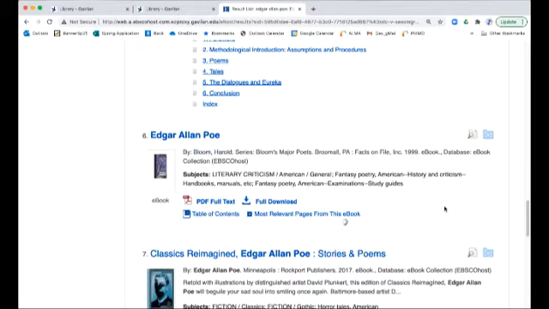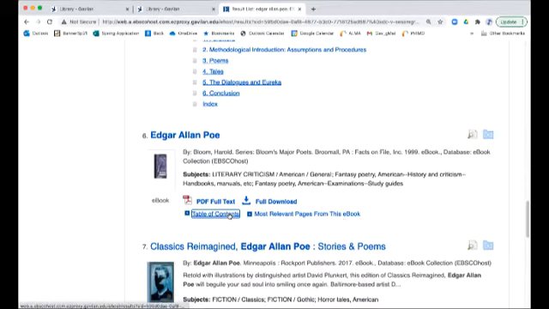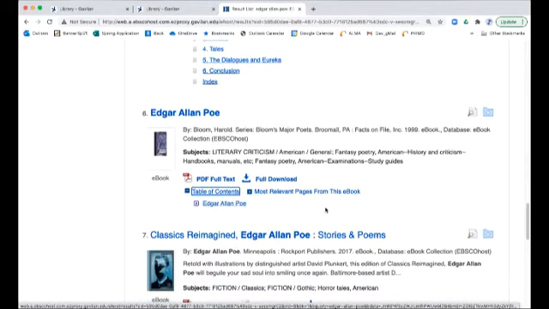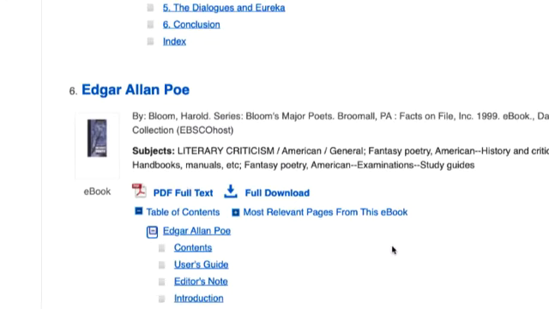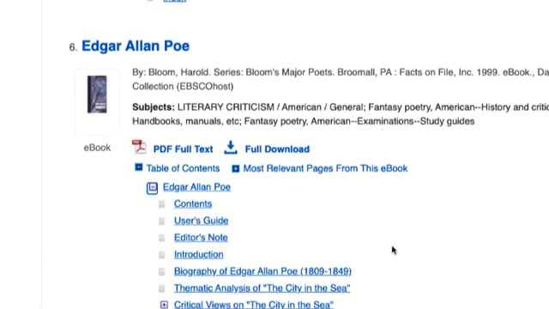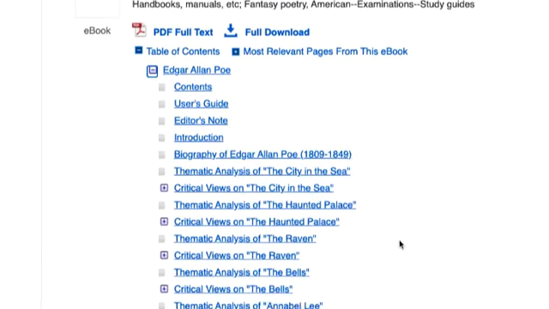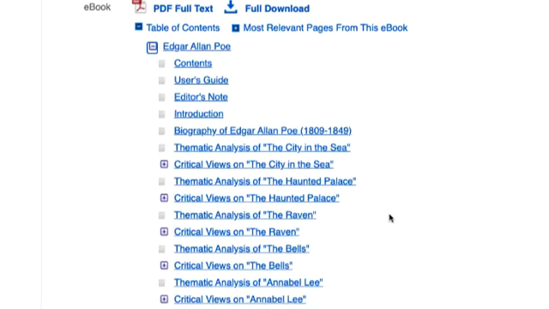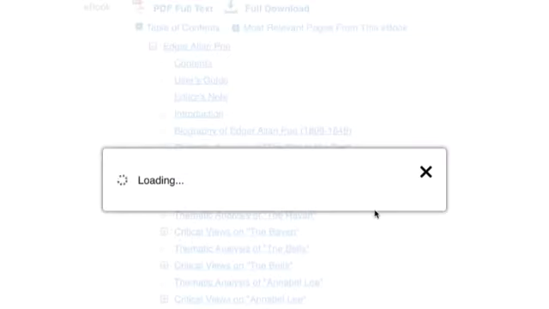So I'm going to open the table of contents, and I'm going to let that load. All right, and it just gives me his name. If there's a plus next to the title in a table of contents, you can click on the plus, and it'll open subchapters. So I'm going to do that, and I can see that there are both critical views and thematic analyses of these different, looks like mostly poems. So I'm going to start with a thematic analysis of The Raven,